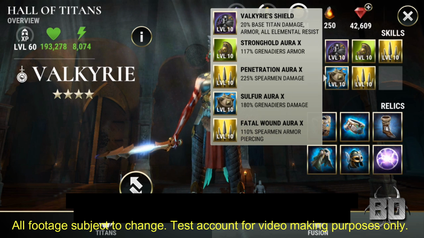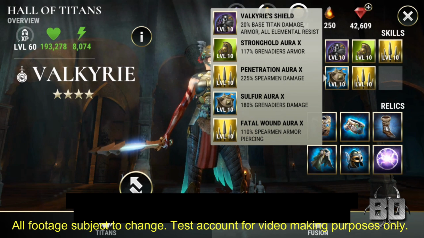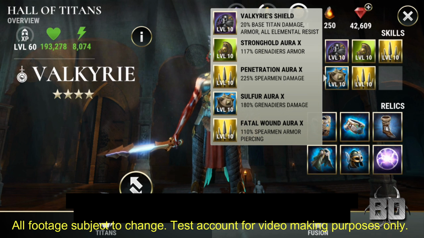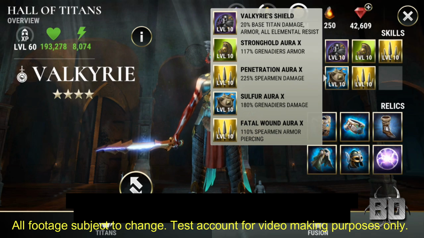I was not expecting one of these hybrid Titans that buff two different troops of different elements that don't have anything to do with the Titan's element. But she does have her first Valkyrie shield skill, which gives us 20% base damage armor and 20% resist to all elements. It's very similar to I believe it's Urkon from the Throne Wars, the Guardian there, who had resist